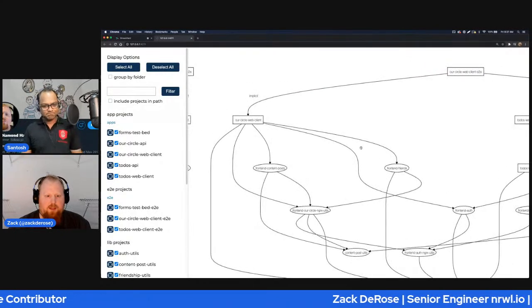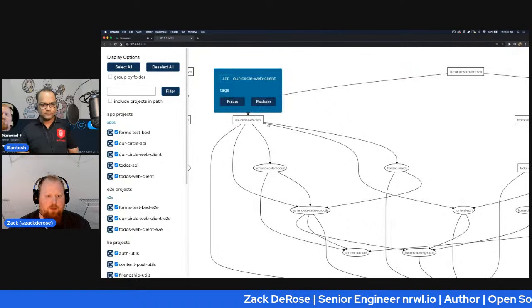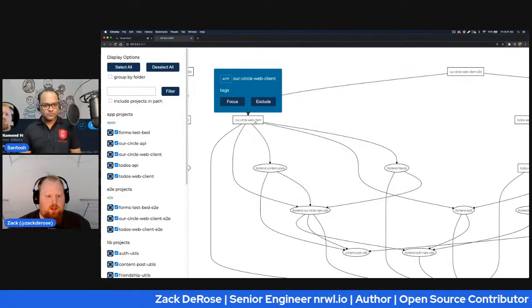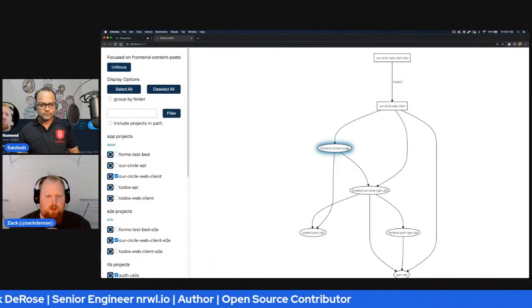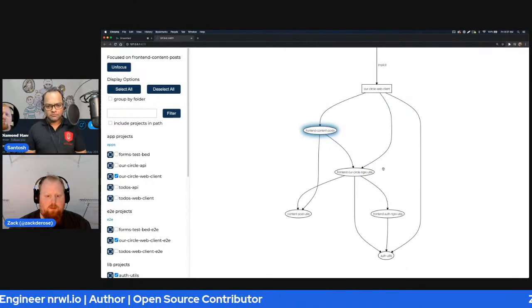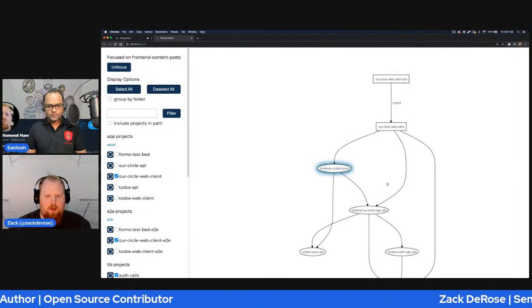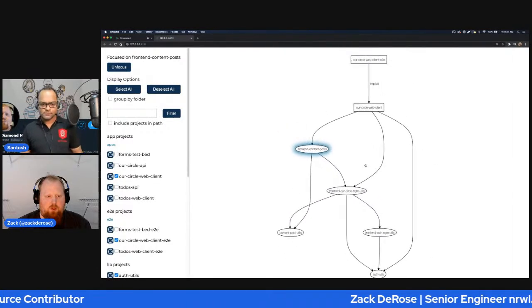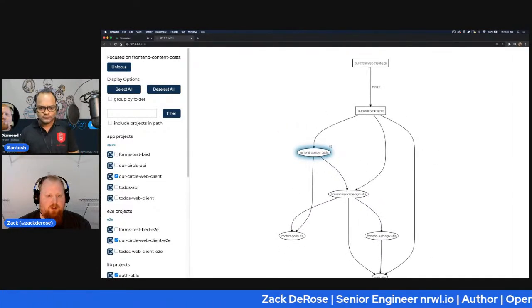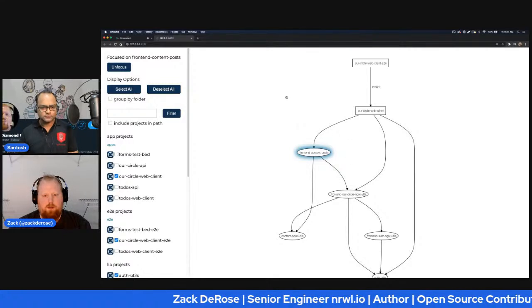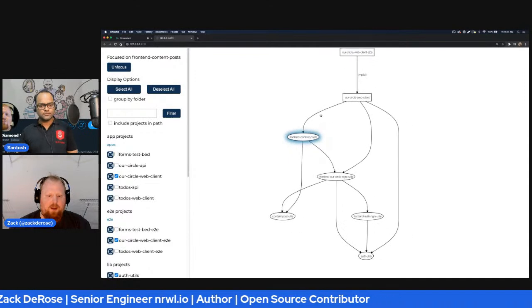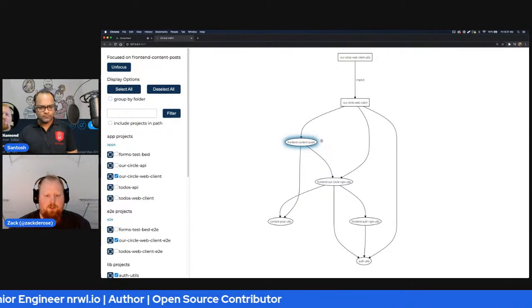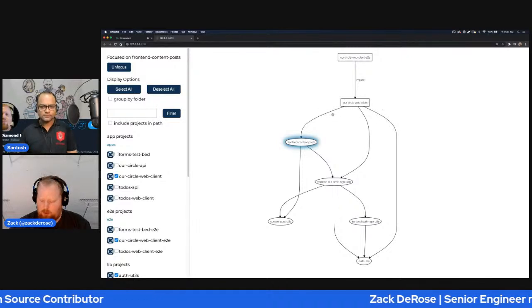Since then, the depth graph has come a long way. Before, we just had a static image that looked like this, but now as we're selecting nodes, we can see more information about them, we can focus them, and that will show things it affects or is affected by. That's super helpful for larger projects where the visualization can get very unmanageable very quickly. But here, it's quite manageable for seeing how the interaction between libraries works.